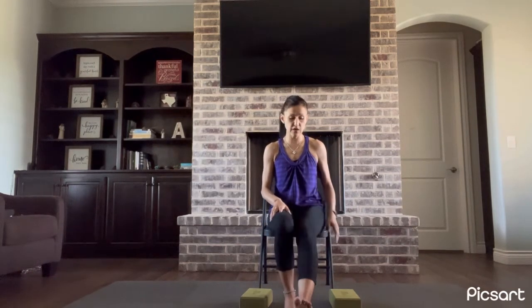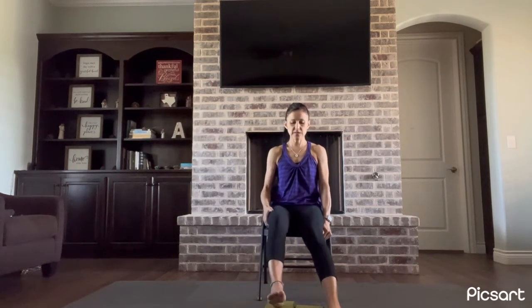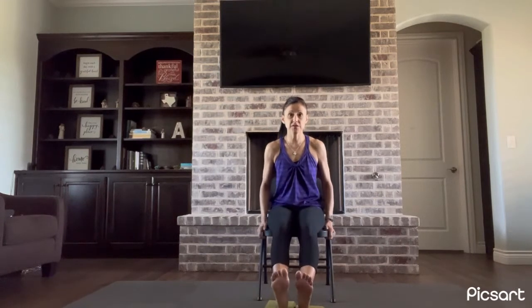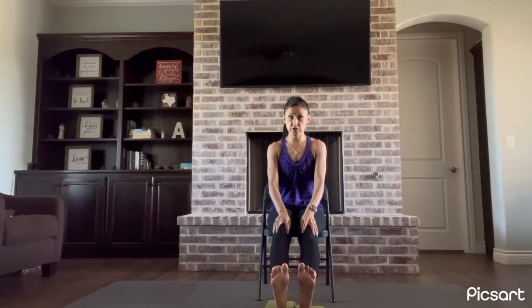If you are in a chair position, or seated in a chair rather than on the floor, extend the legs out as long as is comfortable for you. If you need, you could also use one or both blocks to find a little more lift into the legs, just to flatten out through the feet if that feels comfortable, if that makes this position a little more accessible to you. Okay, nice big inhale,